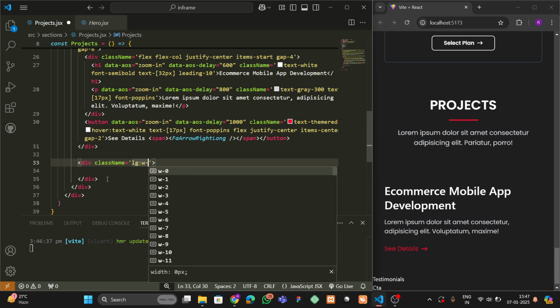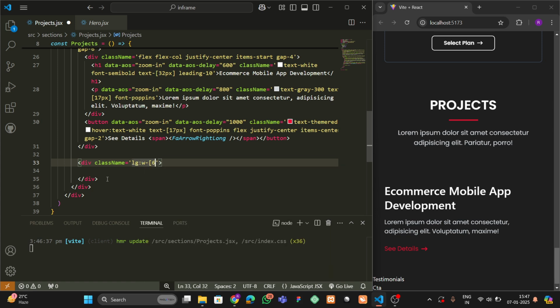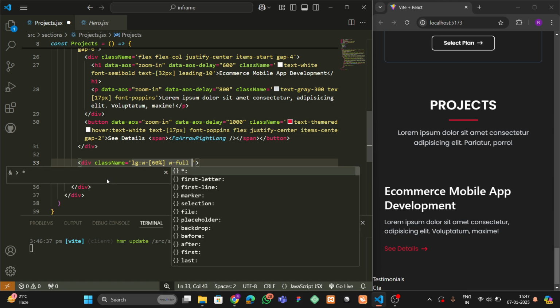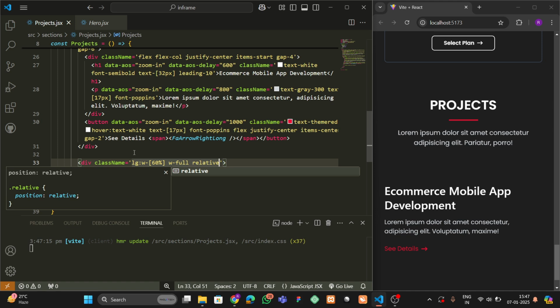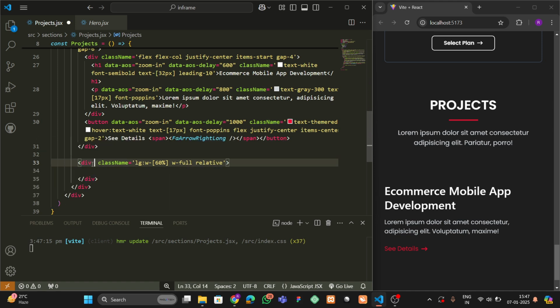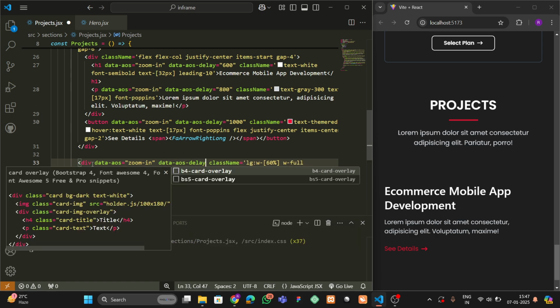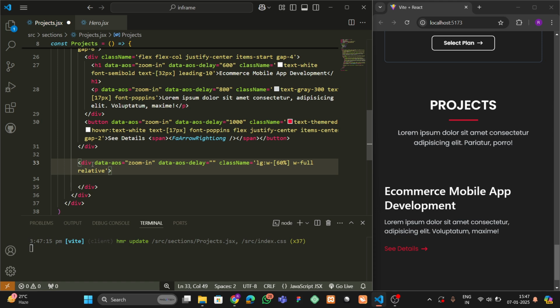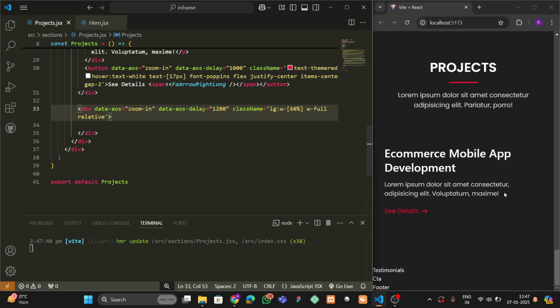Class name LG, and for this width would be 60%. It would be 60%, width full and relative. Okay, then after that we can add data AOS zoom in, data AOS delay would be 1200. Okay,